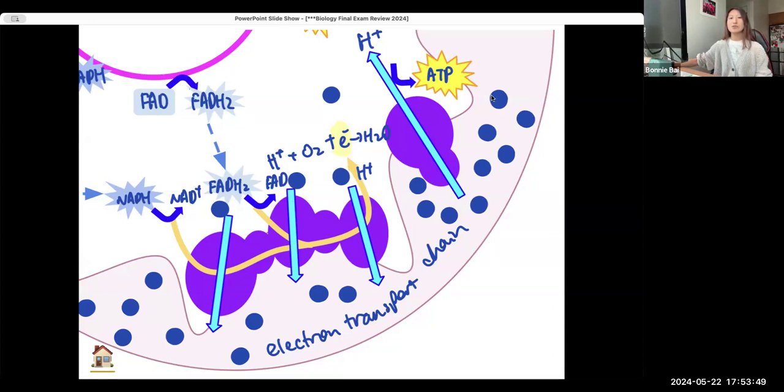In the intermembrane space, as you can see, the blue dots are the hydrogen ions. You have a lot of them. This is where you have the high concentration of hydrogen ions. They're all very close together. So if you want to put even more hydrogen ions in the intermembrane space, this takes energy. So where does that energy come from? The electrons go down the electron transport chain and pump. So the energy for the active transport of hydrogen ions from the matrix to the intermembrane space is dependent on the energy from the electrons,